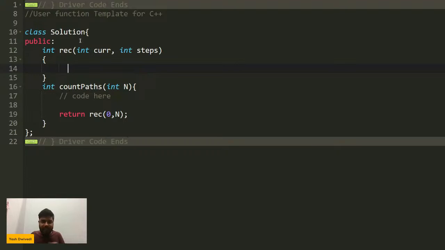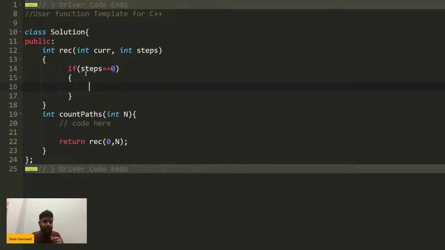See, if I am taking one step every time, right? So what is the base case? The base case is when I will have no steps remaining, correct? Is that clear? I will take one step at a time, and I'll keep on taking steps, right? And the base case is when the number of steps becomes 0. Let's say I have n steps. If I have 4 steps, then I'll have 3 steps, 2 steps, 1 step, 0 steps. So if I have exhausted all my steps,